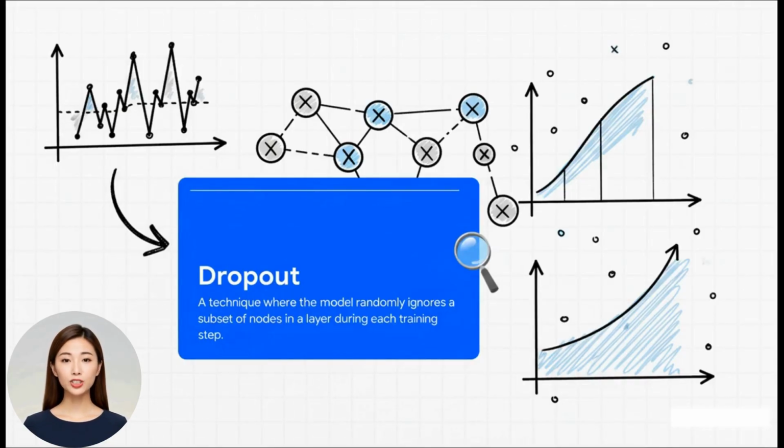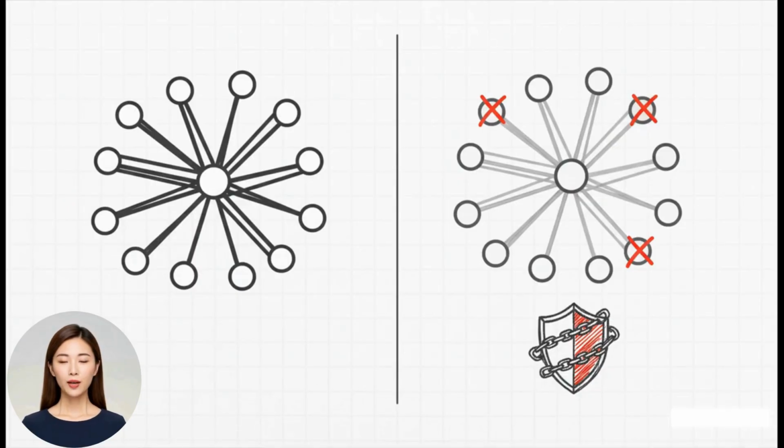And last but not least, we have one of the most popular and, frankly, most ingenious techniques out there: dropout. Here's the idea. During each step of the training process, the model randomly drops out or just temporarily ignores a few of the neurons in a layer. So why does this work? It's actually brilliant. It stops any one neuron from becoming too specialized or relying too heavily on its neighbors. It's kind of like forcing a team to work together, but you never know which players might be out sick on any given day. Everybody has to learn to pull their own weight. This makes the whole network much more robust and way less likely to overfit.